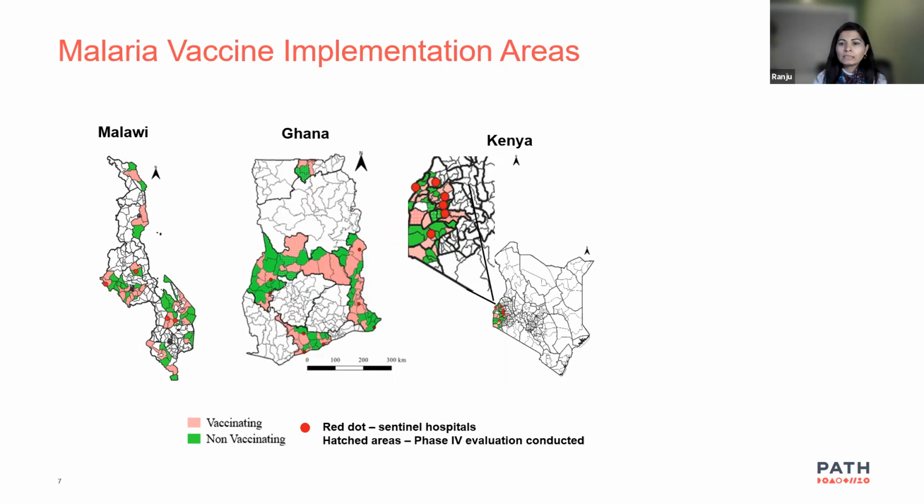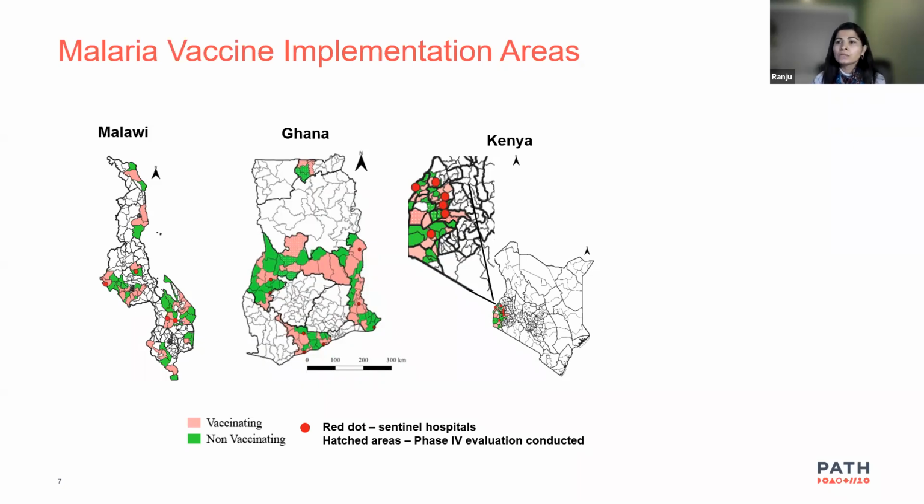The pink highlighted areas are the ones who provided vaccination during this pilot implementation, and the green ones are the non-vaccination or the comparison areas for the evaluation purposes. In Malawi, the introduction happened in 11 different districts, and the areas within these 11 districts were randomized to vaccinating and the non-vaccinating areas. In Ghana, we had 7 regions